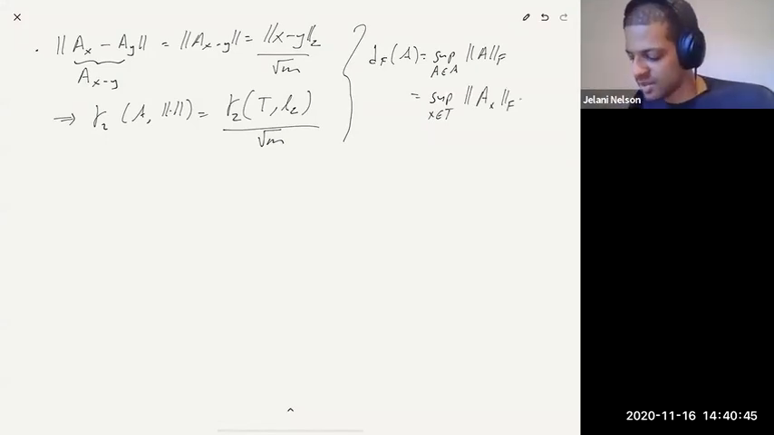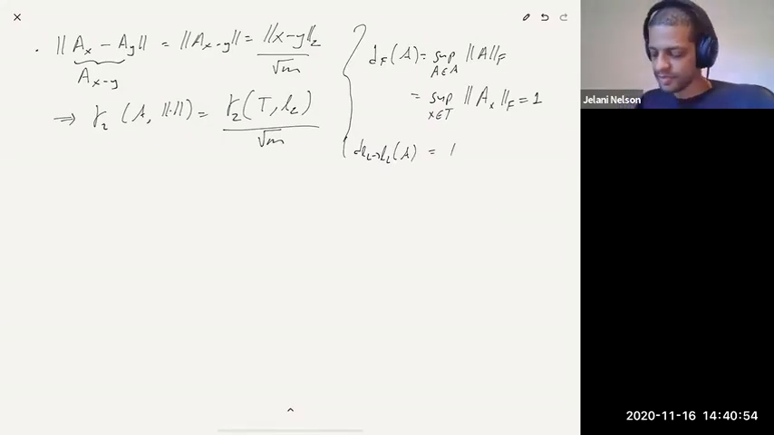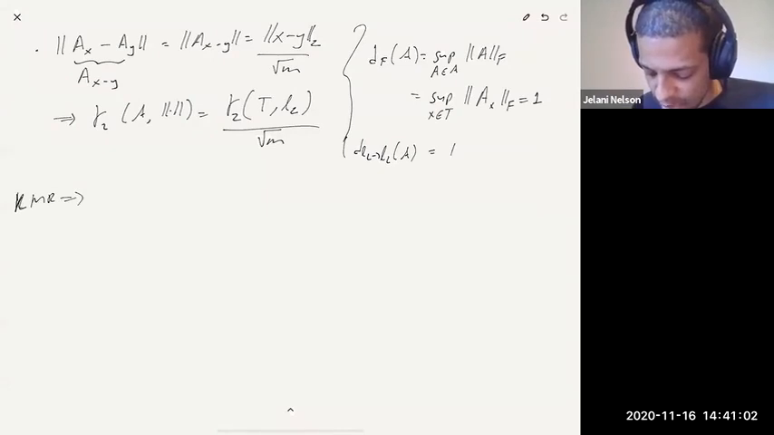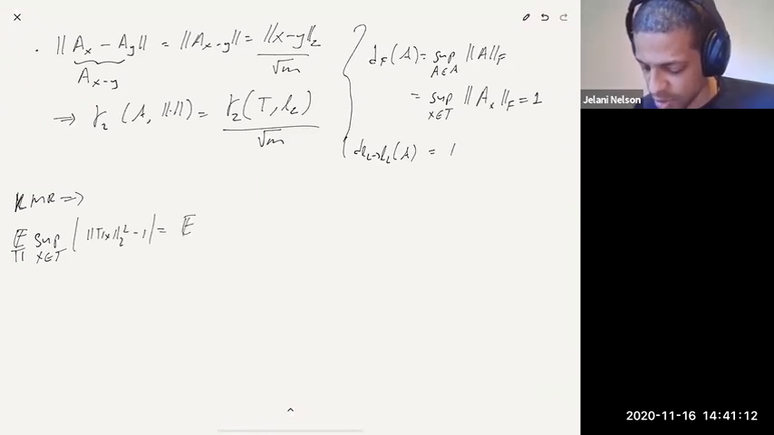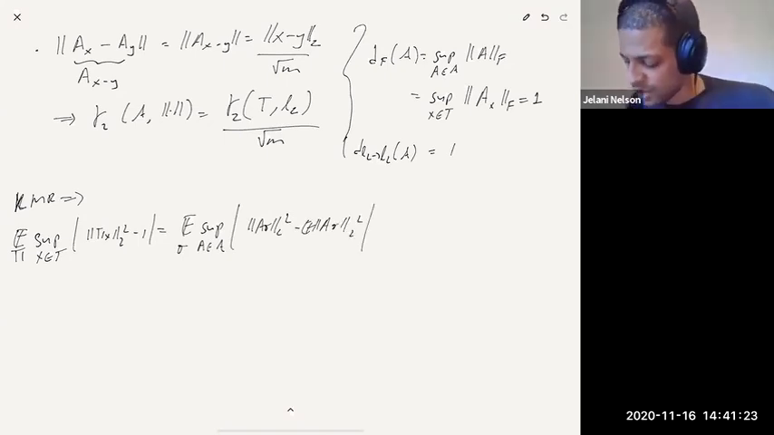And this is 1. You can just do a calculation. That's 1. And similarly, d L2 to L2 of script A, you can also prove is just 1. So KMR implies that the expectation over pi of the sup over x and t of the L2 norm squared of pi x minus 1 is equal to the expectation over sigma of the sup over a in script A of the L2 norm squared of a sigma minus the expectation of the L2 norm squared of a sigma, which is at most